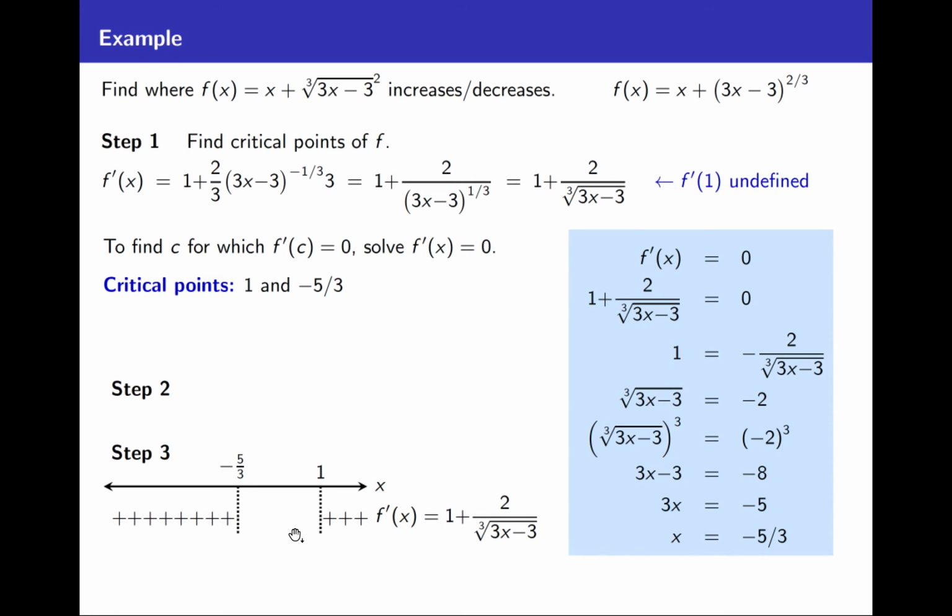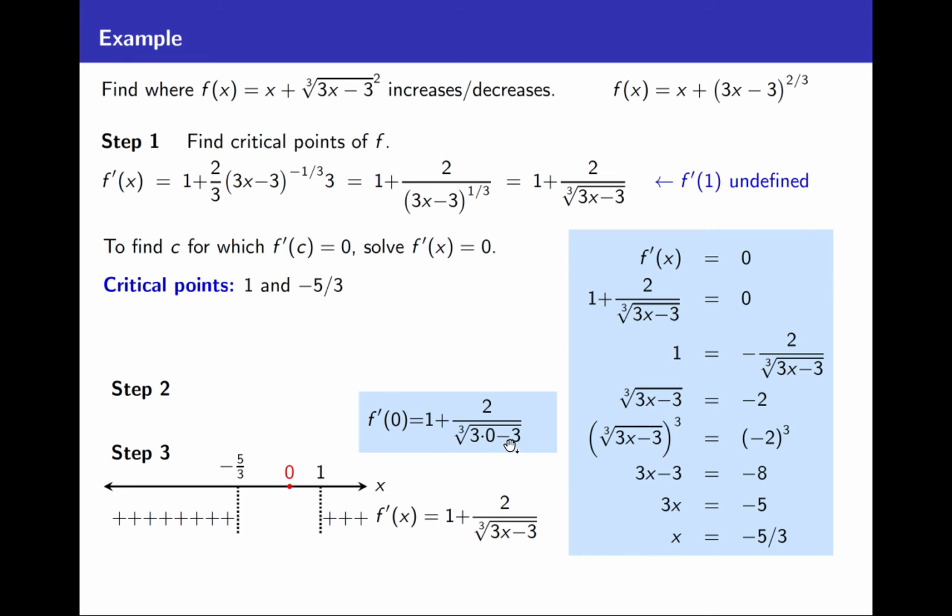What about the middle interval? Well, one thing you could do is just take a really convenient number, like maybe x equals 0, that's between negative 5/3 and 1, and just plug that into f prime and see whether you get a positive or a negative. So let's do f prime of 0, and remember here's f prime, so that's 1 plus 2